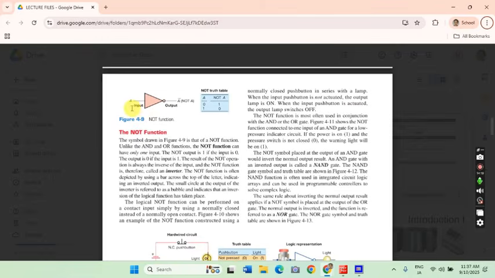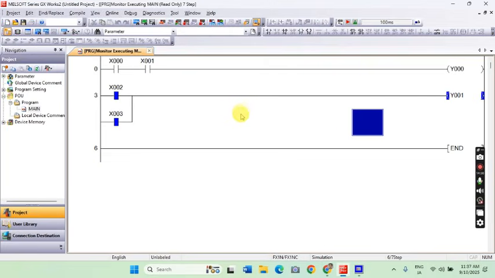For the NOT function, we only have one input and one output. So once it passes through the NOT function, the input will be inverted. So if the input signal is 0, the output will be 1, and if the input is 1, the output will be 0. So how do we create the equivalent program for that?